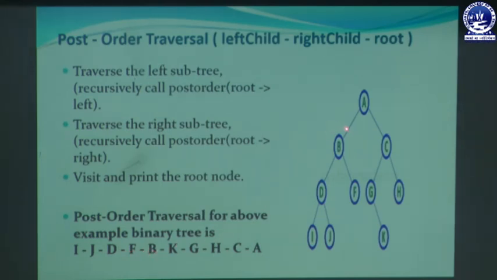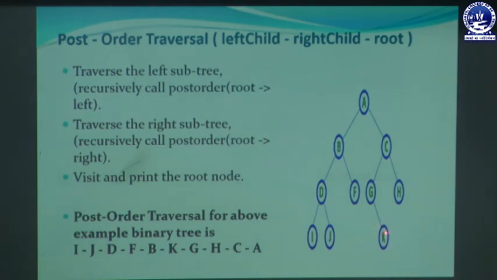After that, you can see all the nodes present in the left subtree of the root node A are visited. So then we will go for the right subtree traversal, as per the conditions of the post order traversal. When we go for the right subtree traversal, first we get the root node C, and then we go for the left subtree of this root node C. In the left subtree, there is another node, that is G, and again we go for the left subtree of the node G, but there is no node present there, that's why we will go for the right subtree traversal.